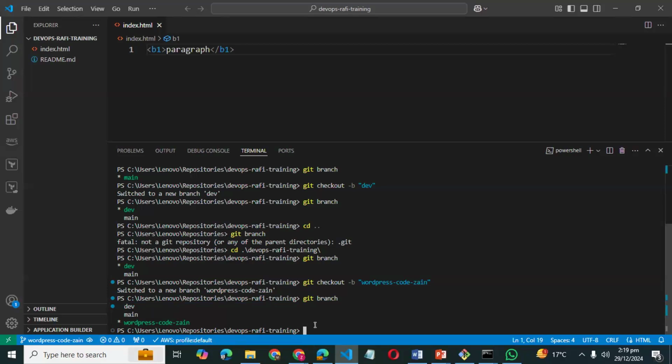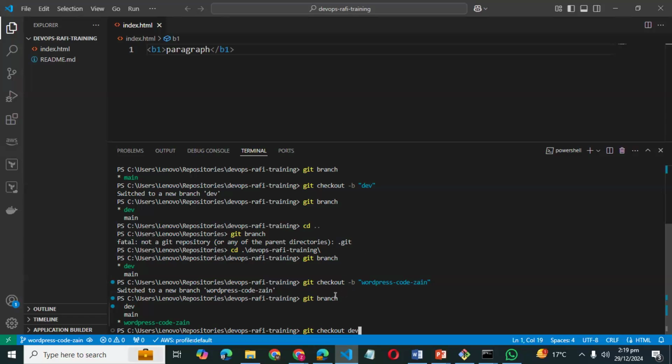So it is very easy. You just need to write git checkout and your branch name. Let's suppose I want to move to dev, so just run this command. Please remember the difference between creating a new branch and moving to a branch. If you remember, when we create a new branch, we write the -b tag, right? So this tag is going to create a new branch.